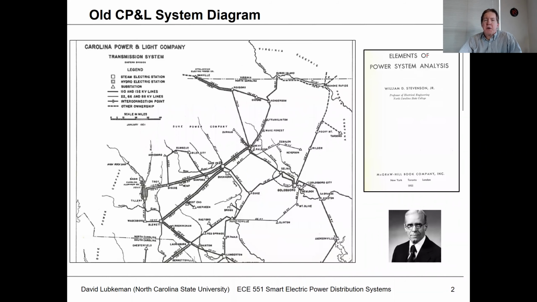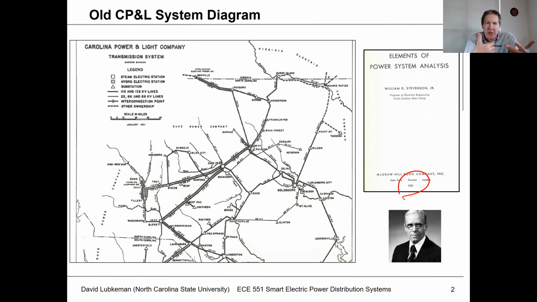And I wanted to show you an old diagram of a Carolina Power and Light utility system that was in an early edition of Bill Stevenson's textbook, Elements of Power System Analysis. And many of you probably heard of this textbook before. It's kind of a famous book on power system components and power flow, short circuit analysis, and things along those lines. But anyway, at the very beginning of one of the early editions of this textbook, and this goes back to like 1955, they had a pull-out diagram, and what that showed was this Carolina Power and Light